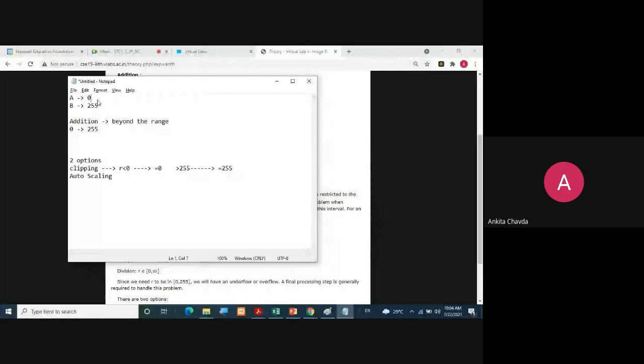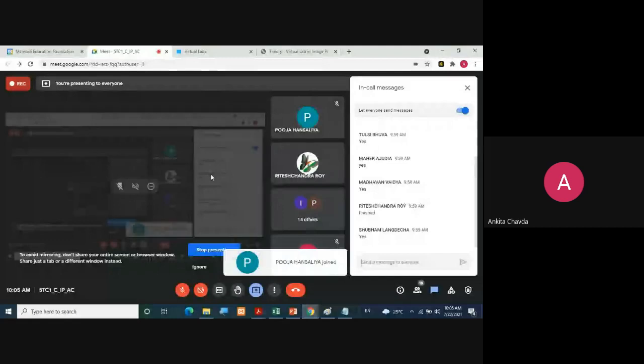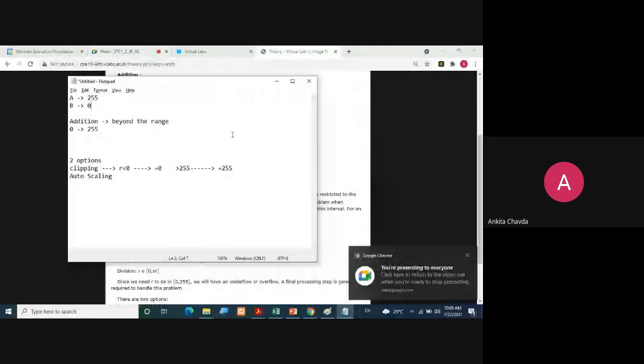Or the reverse would be 255 minus 0, so the max value you will have is 255. So the range is minus 255 to plus 255 when you are doing subtraction.